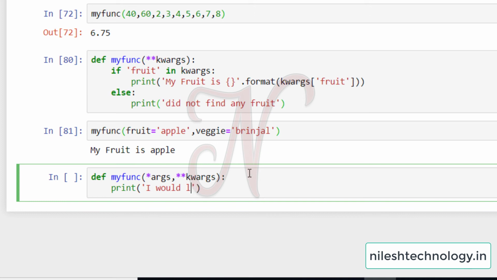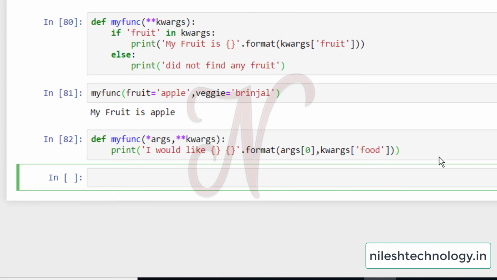Then print I would like, here one value, dot format. There are 2 values. The first one is args of 0, so the 0th tuple value, and kwargs of food.